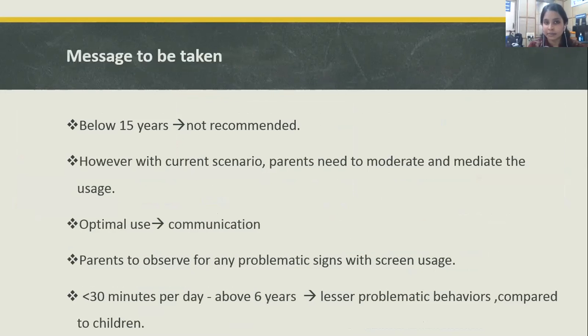The ideal recommendation is below 15 years: try not to give any screen exposure to the child. But considering the current scenario, parents need to moderate, as ma'am had told in her previous presentation, about how to place the child when using any media.